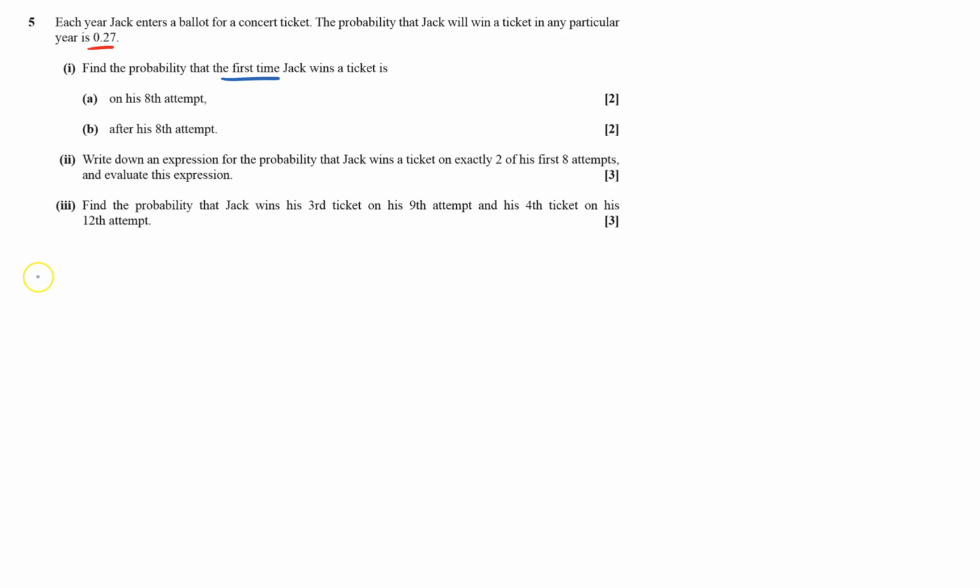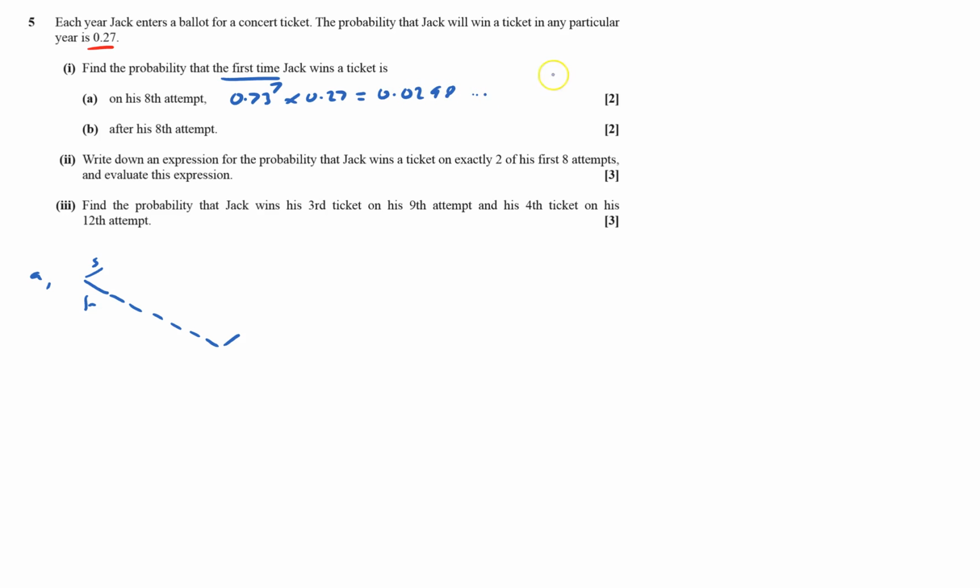So that means he's got to have a failure, 2, 3, 4, 5, 6, 7 failures, and then 1 success, in terms of the tree diagram. Because he could get a success on the first one, or he could get a failure, etc. So he's got to have 7 failures, so that'll be 0.73 to the power of 7, and then times that by 0.27, that equals